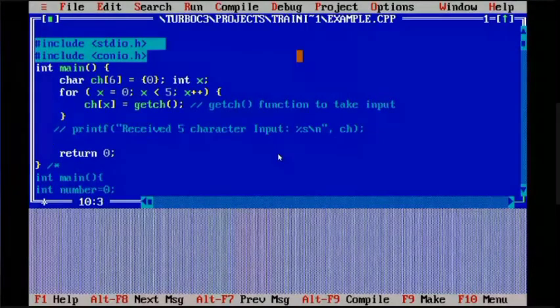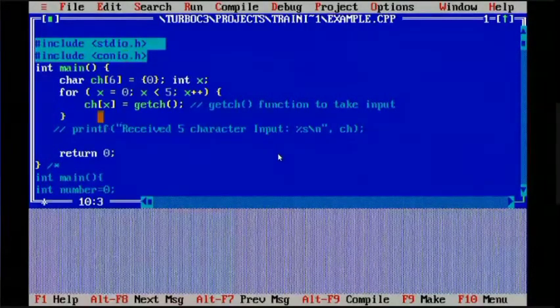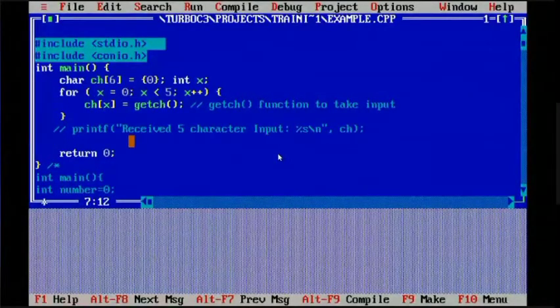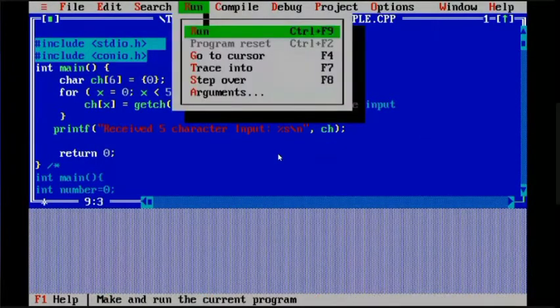In every room one person can stay. So the first person will be staying in the 0th room because X is mentioned as 0. In this room, getch will take 1 character and put it in that. Then we will be printing the value of ch. Okay, let us run this program.